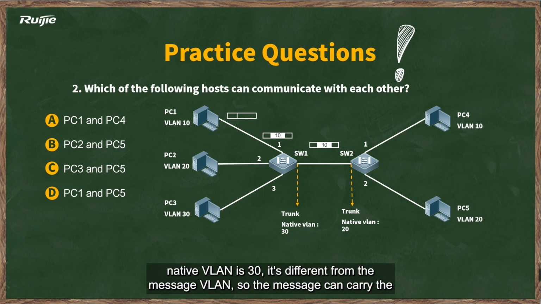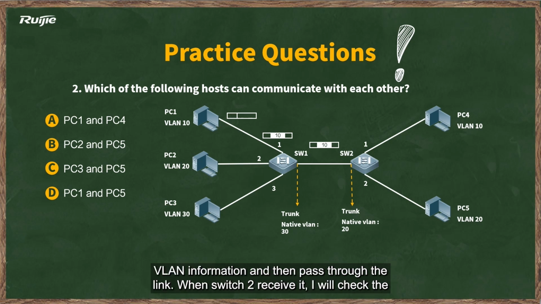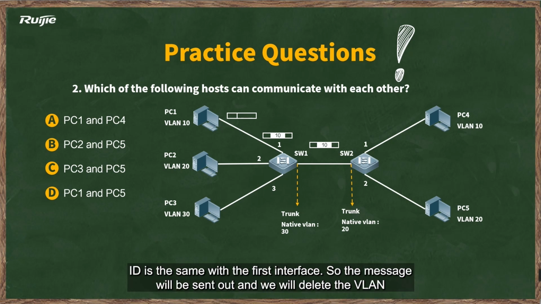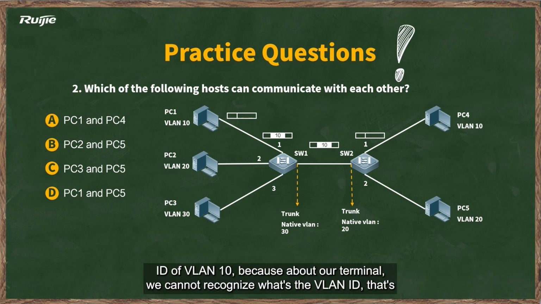We will find the native VLAN is 30, which is different from the message VLAN. So the message can carry the VLAN information and pass through the link. When switch 2 receives it, it will check the VLAN ID. The VLAN ID is 10, so it will directly send the message to PC4 because it is the same VLAN ID as the first interface. The message will be sent out and we will delete the VLAN 10 tag,